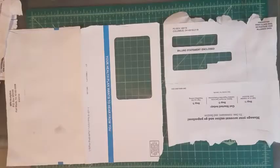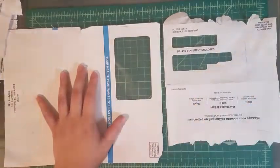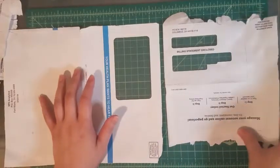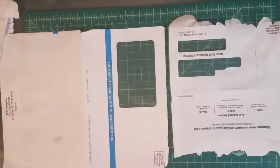Here we have 2 cards from my junk mail stash. And these 2 windows I have picked because they are actually different, which will be very useful when doing multiple layers for specimen cards. Or specimen windows. I'm still deciding on how I'm going to phrase that. We will get there. We will get there soon. Here we have 2 envelopes, and I have chosen these 2 out of my junk mail journaling